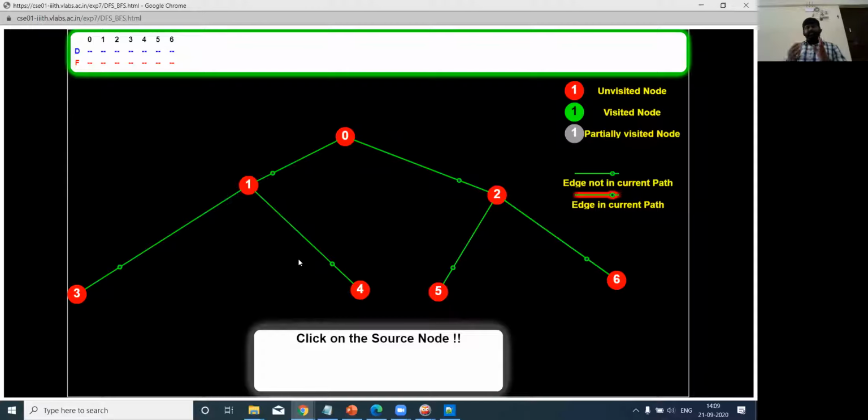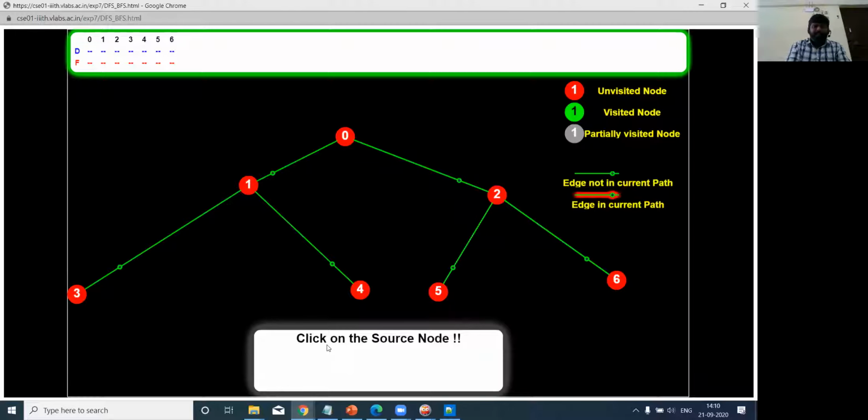And once all the nodes are visited under that parent, it will backtrack. When it reaches the previous level, again it will go for other siblings which are children of the same node. This process will keep on repeating until all the nodes are visited. Once the left subtree has been completely visited, only then will it move into the right subtree. Is it clear for all of you about depth first search?